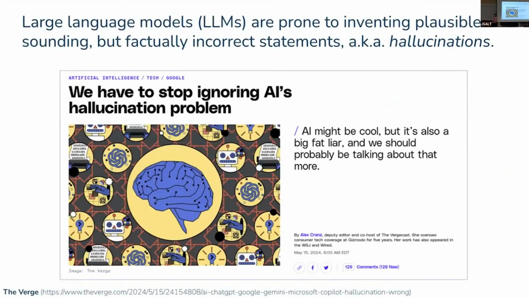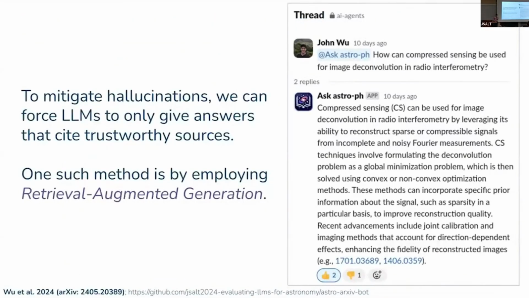And just some motivation, not that you really need this: LLMs, we know, are prone to hallucinating. They just like to invent plausible sounding information. This is something we care a lot about in science and astronomy. You care about this everywhere, of course, but it is one of the big reasons why a lot of the old guard in astronomy are very much against using AI in any capacity. So one way to mitigate hallucinations is to force them to retrieve from some trustworthy source, make sure they cite that source, and then generate text based only on that source. So here's an example.